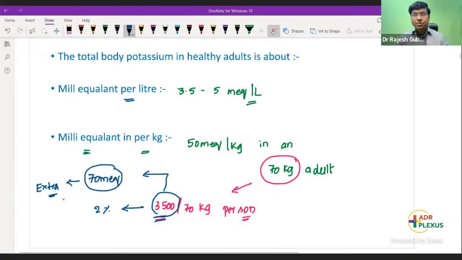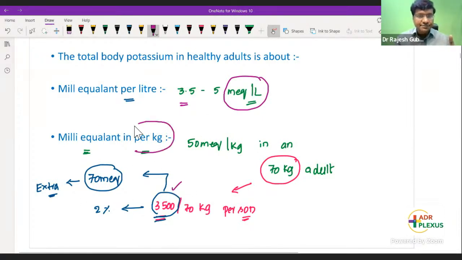Okay, now you people should not get confused. Sir, you said extracellular is 3.5 to 5. Here the units are milliequivalents per liter, whereas here the units are milliequivalents per kg. Right? I hope you are able to make out the differences now. Sir, why do we need to know? I will tell you. Because in the treatment part, you have to adjust the dosage of your potassium chloride in the same way. I will teach you there. Okay, right.